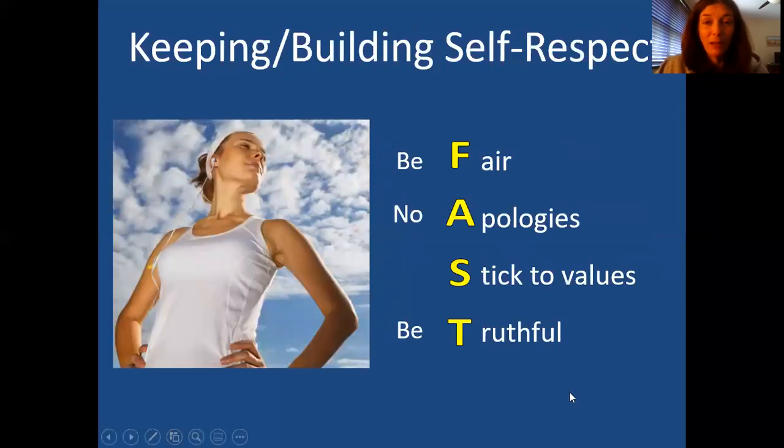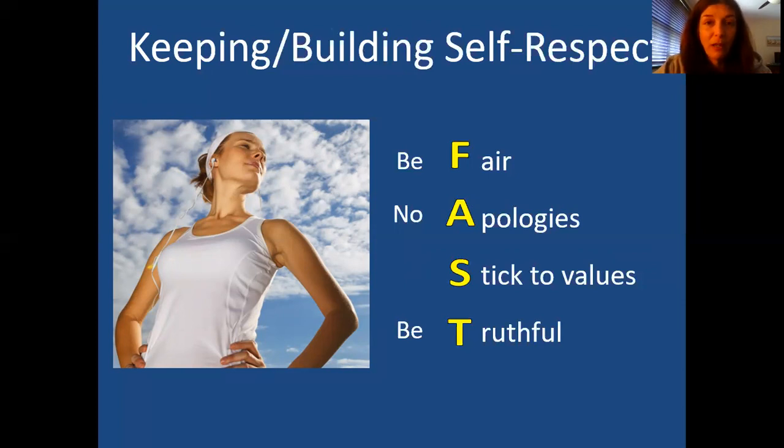Next, they talk about the FAST skill, which is about keeping or building self-respect. All right, so the more self-respect we have and the more we bring that to relationships, chances are people will respond to that a certain way, right? And you'll attract a certain kind of person into your life. And hopefully, you'll be allowing people in who respect your self-respect. Okay, and if they don't, you've got to start asking yourself, well, why do I keep that person around in my life? Do I feel like I deserve better treatment, or do I feel like I don't? And we have to really work on that, okay?